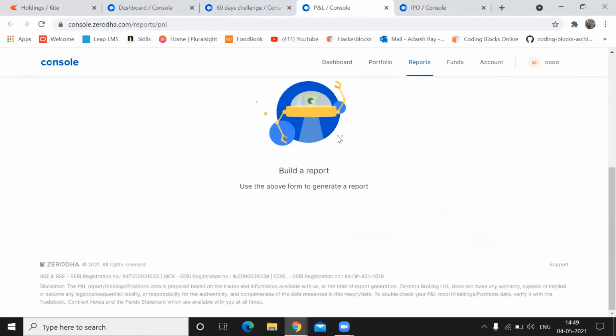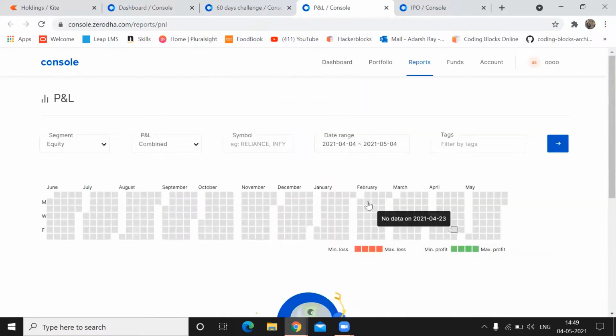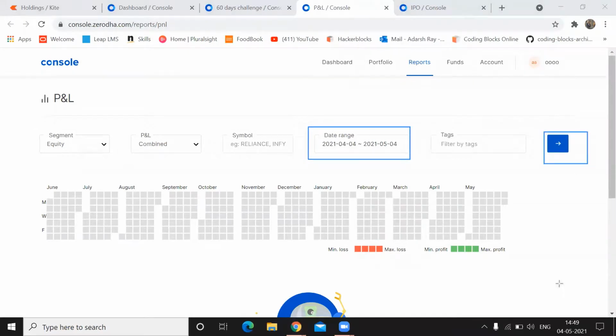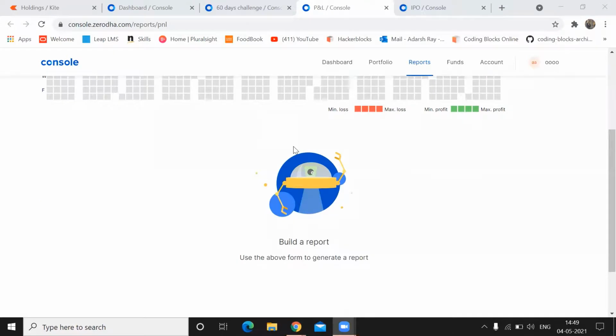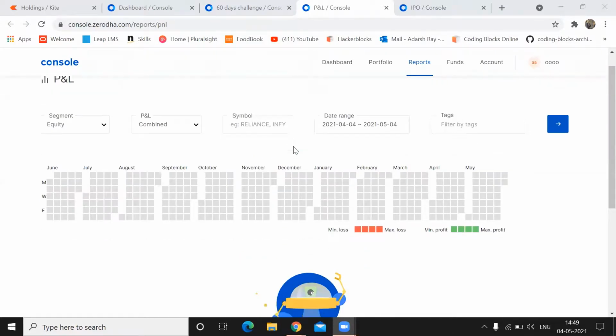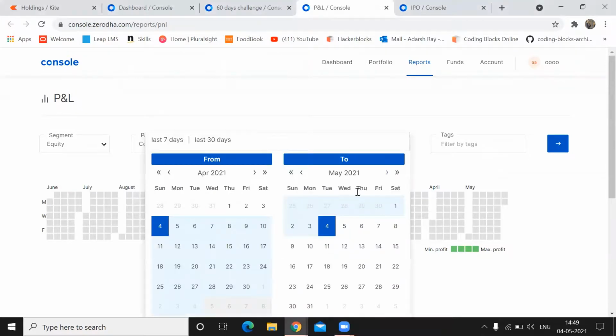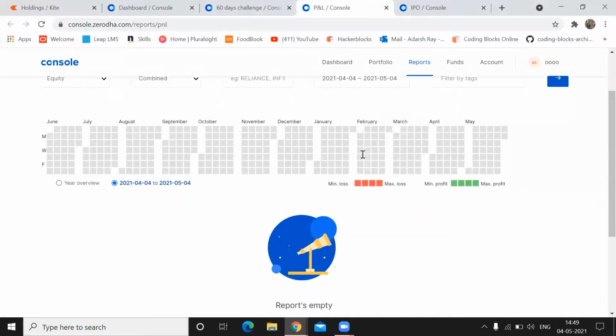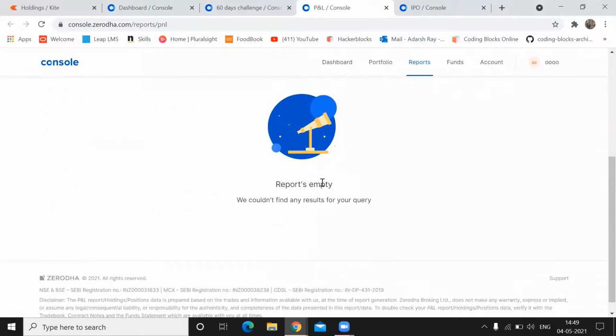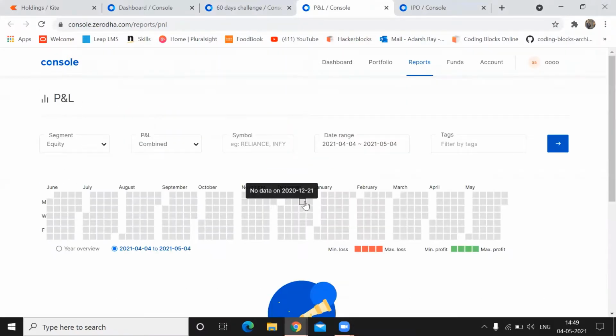And similarly, instead of seeing and calculating from here, just click on this button, enter the date range, and click here. Once done, you will see that a report is generated, and in that report you will see all the profit which you have made. I'll just try to show it to you as well. In this data environment, the report is empty currently.